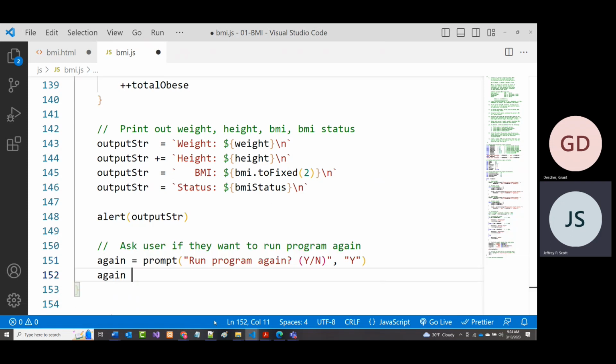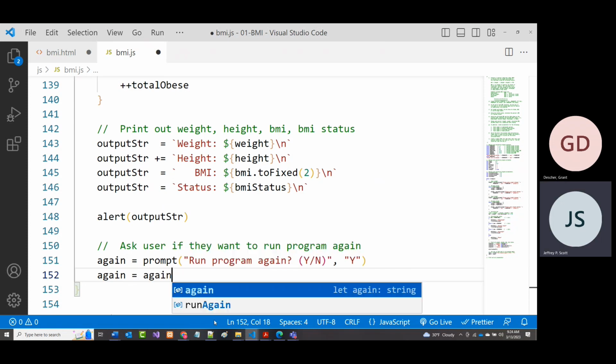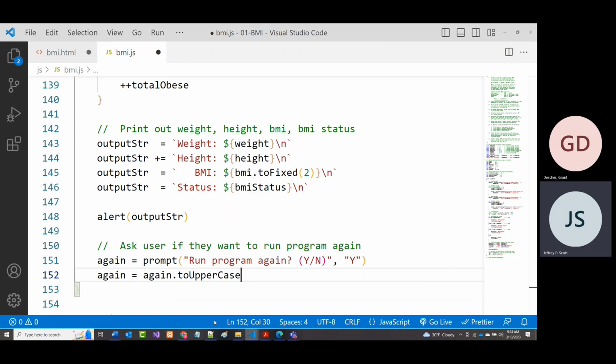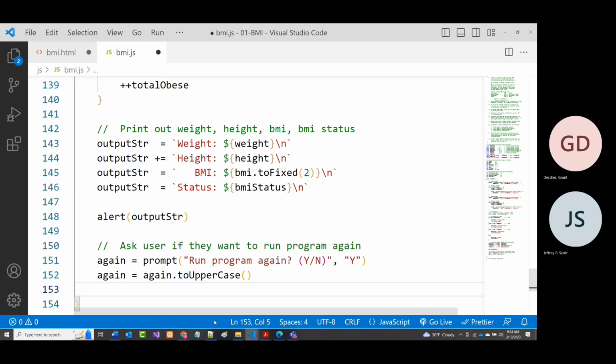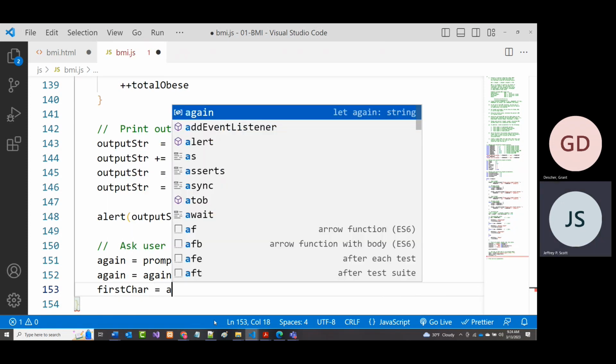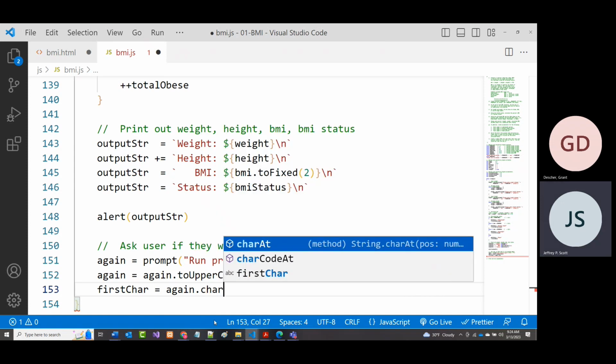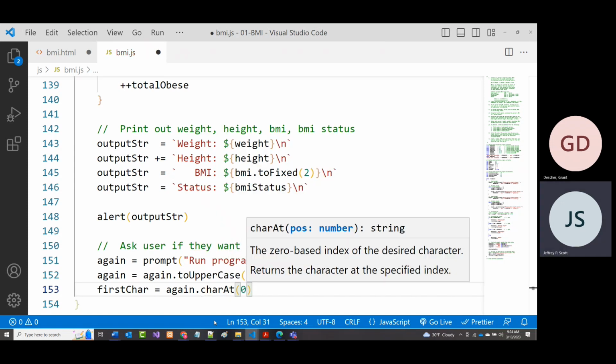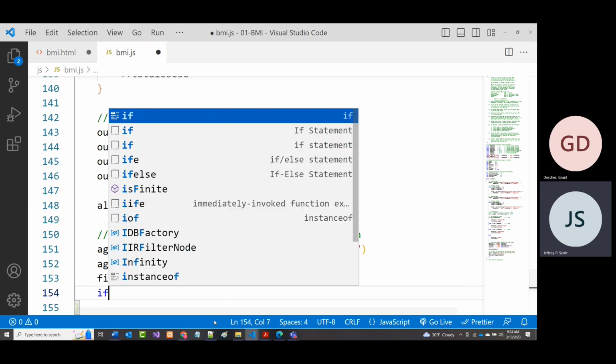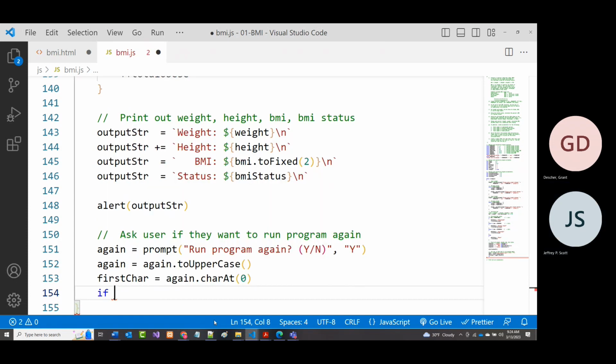All right, again equals again dot toUpperCase, and then first char equals again dot charAt 0, and finally if first char